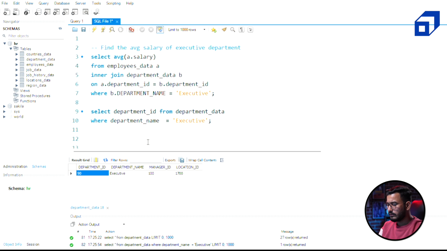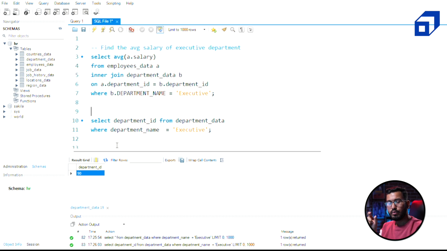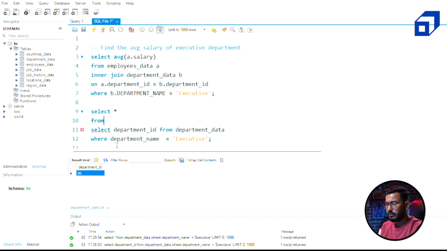Department ID. So I'm getting department ID as 90. Now I'll be using this value to filter the employees data table. So I'll write select star from the table employees_data, where department ID